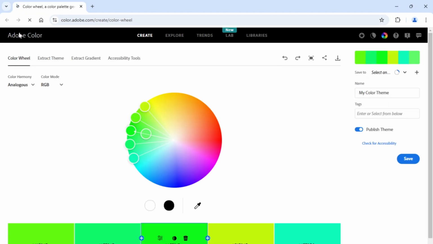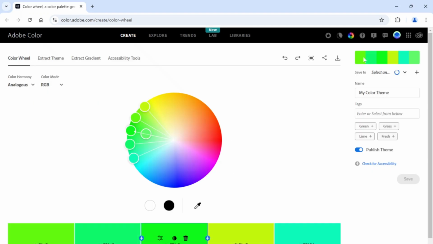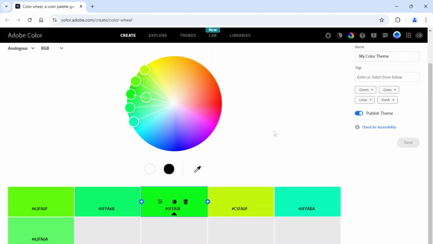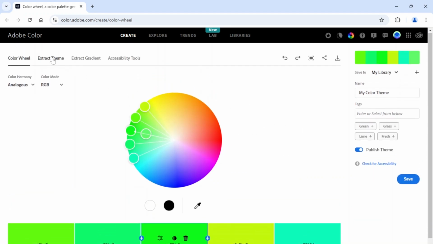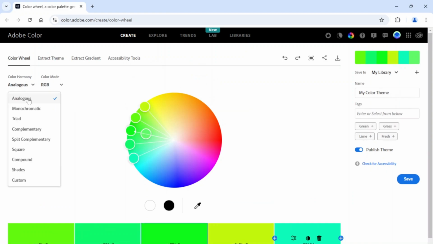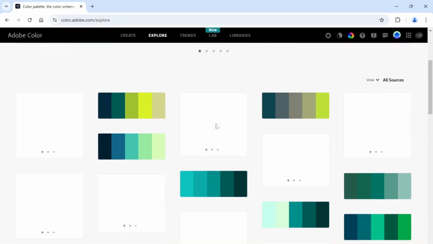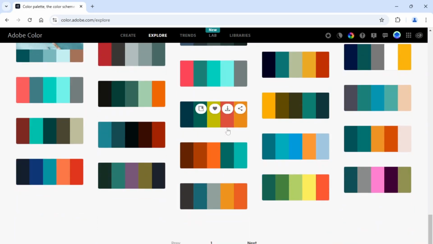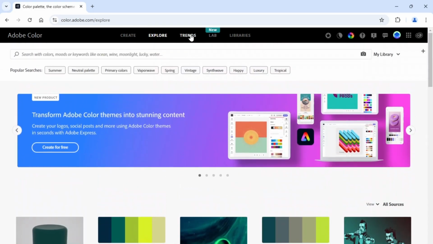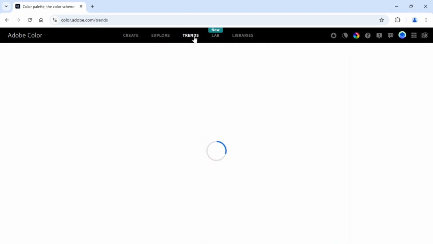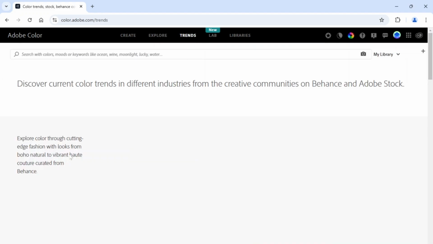website. So this is Adobe Color. If you've never used it before, it's extremely helpful for setting up color schemes. So I can find like contrasting colors, so I can set complementary colors. I can select different harmonies. I can pull themes out. If you go to the Explore tab, there's a whole bunch of predefined kind of color schemes you can pull from. And you can also go to trends and see different